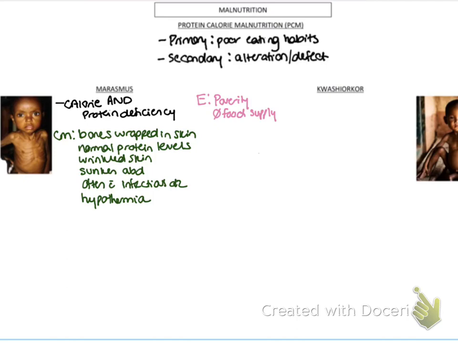They have no body fat, so they have no way of really regulating their temperature. So they're oftentimes hypothermic. And they have clinical manifestations secondary to their vitamin deficiencies. If they don't have enough vitamin D, their bones are at risk. If they don't have enough vitamin C, or the minerals and vitamins, because they're deficient in that, they'll get those secondary manifestations related to whatever they're lacking. So it just depends on their diet and what they are getting.